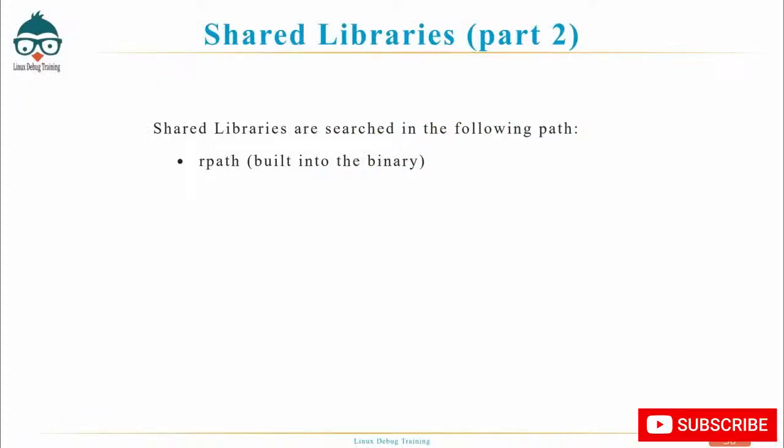Shared libraries are searched in the following paths. RPATH is an attribute embedded in an executable binary or shared library during compilation or linking. It specifies one or more directories to be used as search paths for locating shared libraries at runtime. It can be set by the developer when compiling a binary or by using linker flags like -rpath or -rpath-link. We can also set a search path with the